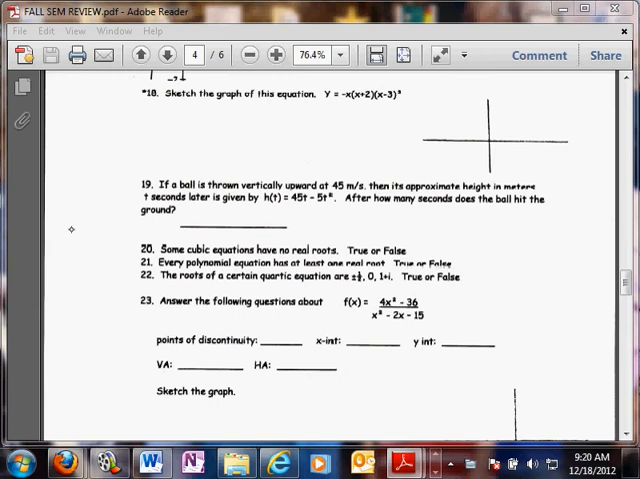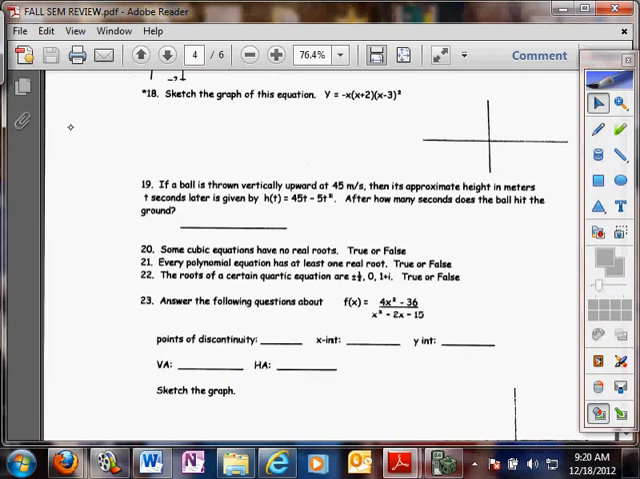Semester 1 review starting at question number 18. Sketch the graph of this equation. Okay, so you have to remember